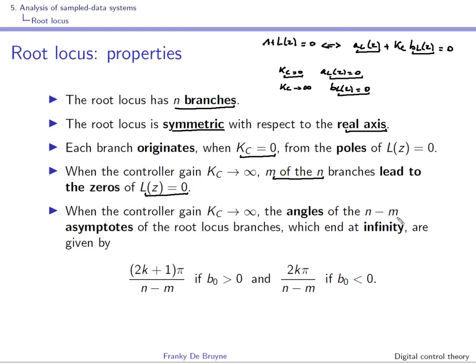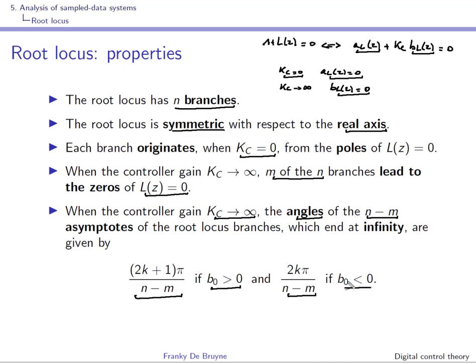The other n minus m branches will go to the zeros at infinity, so we'll have asymptotes when Kc tends to infinity, and these asymptotes will make angles that are this value if b0 is positive and this value if